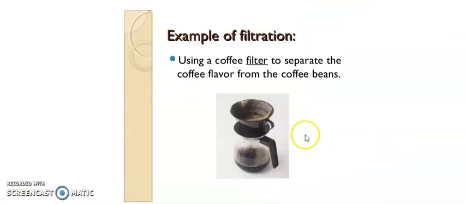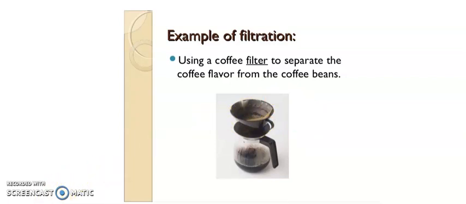So this is an example of a filter: using a coffee filter to separate the coffee flavor from the coffee beans. This filter keeps the coffee beans up and lets only the coffee flavor go down. So this is an example of separating a mixture